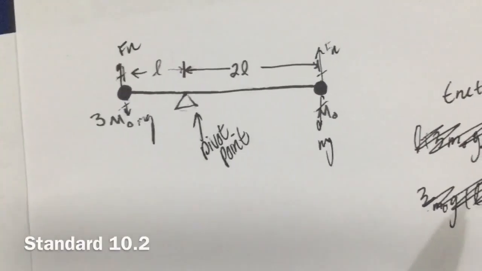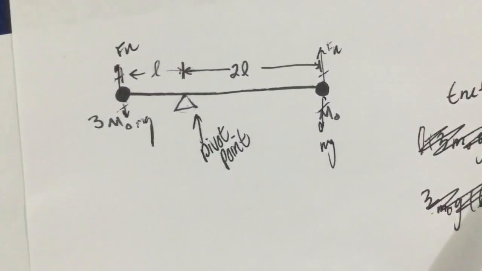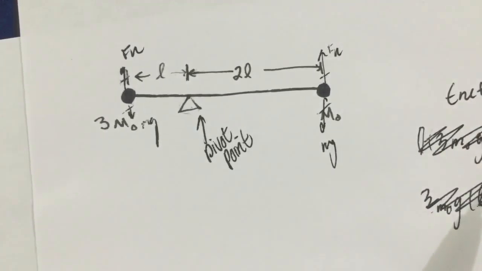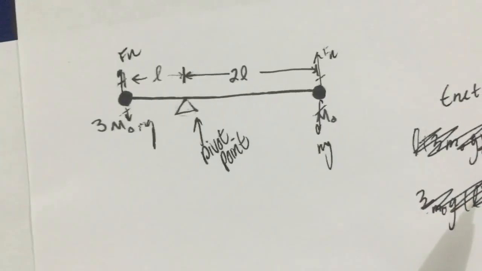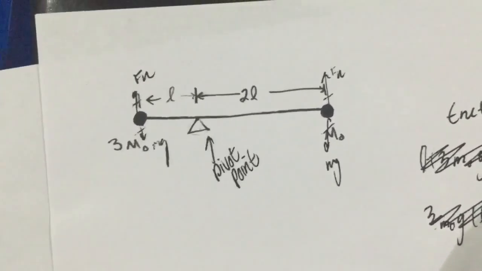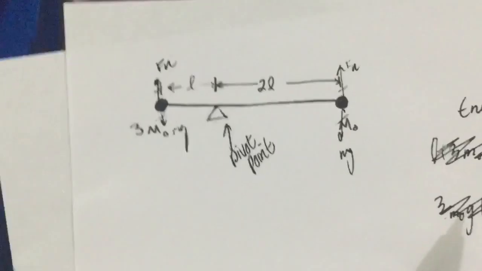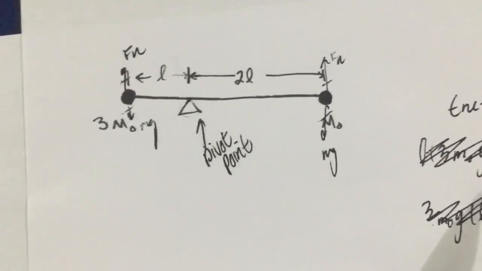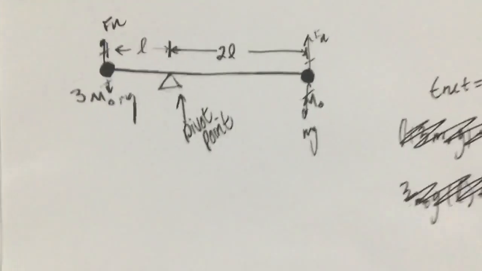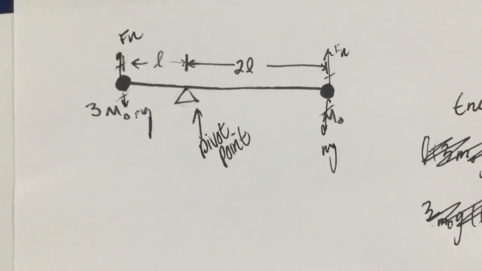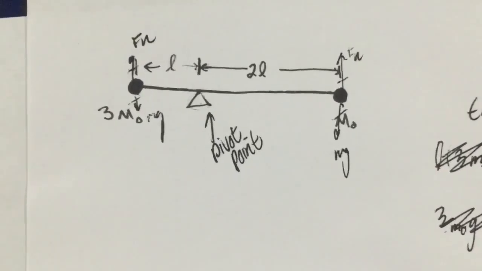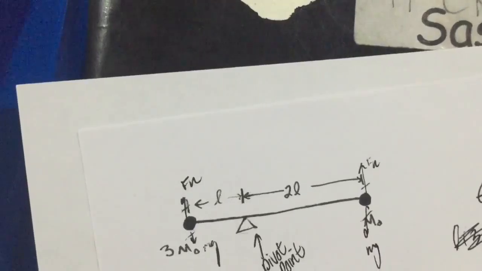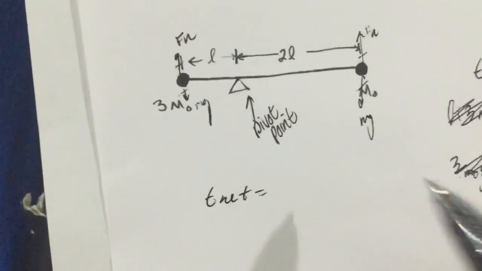A light, rigid rod with masses attached to its ends is pivoted about a horizontal axis as shown. When released from rest in a horizontal orientation, the rod begins to rotate with angular acceleration of magnitude... So to find the angular acceleration of this system, you'd have to use that the net torque equals the moment of inertia times its angular acceleration. So T net equals,